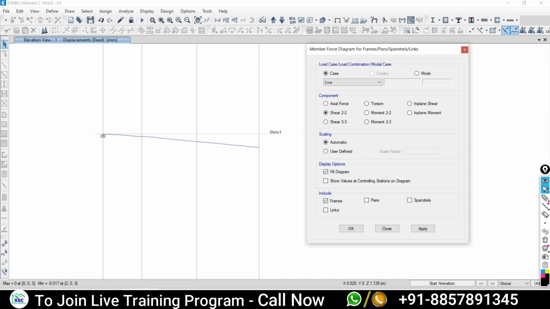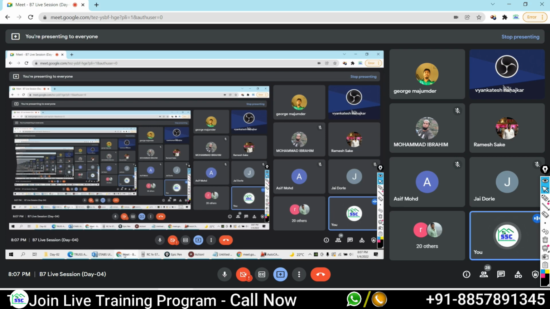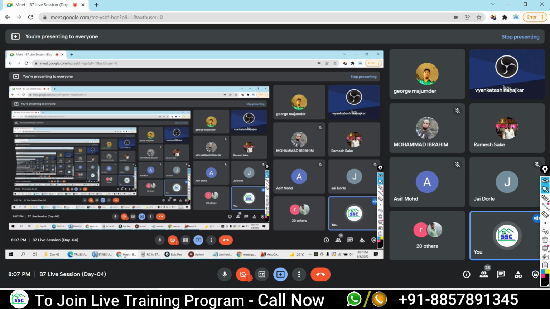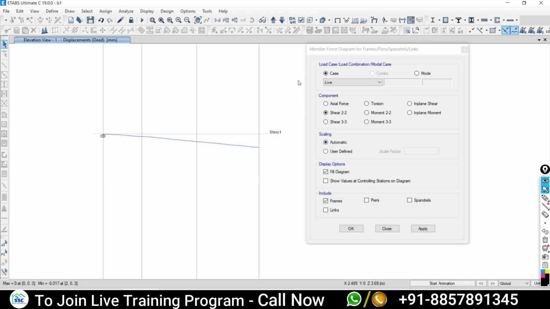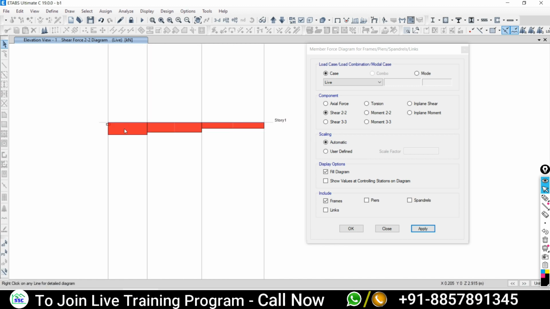Those who have joined this meeting late, kindly cover the initial part of this session, where there is a brief and detailed discussion about the understanding of the axis consideration for looking at the shear force and the moment, because it is very important. Shear force along 2-2. Just say apply. So the shear force is there, and yesterday I told you, red sign represents the negative value.